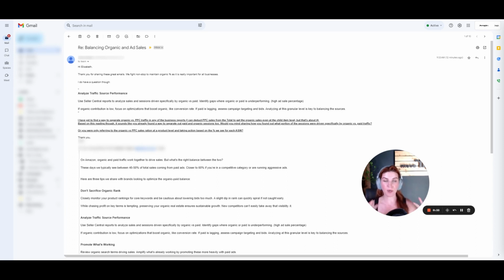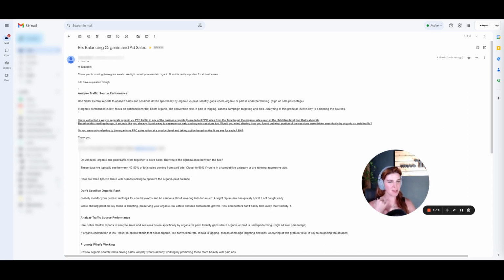However, I did want to give some context on different data points between the business reports as well as the ad data, why calculating your organic or your ad sale percentage on a child item level, if it's a multivariation listing, could be problematic, as well as some broader context as to how we use ad sale percentage as sort of a barometer when it comes to assessing the health of your ad campaigns, being if you're being too aggressive or not aggressive enough. Because there's three numbers that we use sort of as barometers to really gauge the impact of the ads on the organic as well as just the total sales performance.